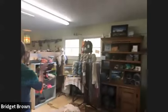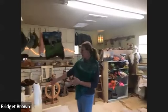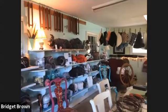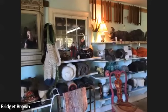So this is my wool shop. And as you can see, it's also my workshop because I'm working on things furiously right now. I'm always so inspired by the wool that I get from my sheep,